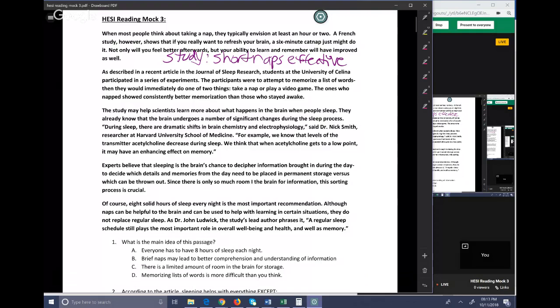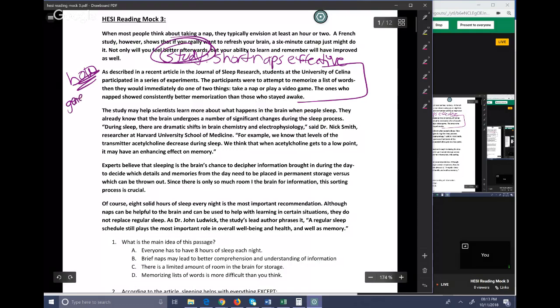What I said the second paragraph was about was how they did the study. And remember that how is always a paragraph if your main idea is a study. You can't write an essay about a study and not tell how you did it. So that's another indicator that this is part of your main idea, that there is a paragraph about how it was done. So it was how, and then a little bit of the general results. It says, here's how the study was done, and then people who took a nap were more effective at what the study was about than people who didn't take a nap. So it was the very general results.